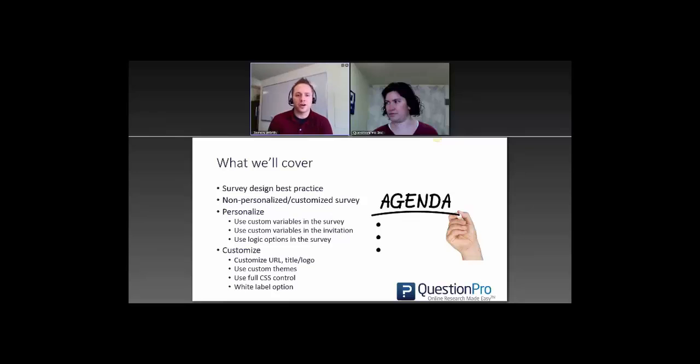personalizing your survey. Once you have the foundation of your survey completed with your questions and your answer options dialed in, we'll talk about how you can personalize that survey using custom variables, and then we'll also talk about logic, the options that you have for adding logic to your surveys to personalize it even further. And we'll look at a couple of survey examples with personalizing, and then we'll take it to